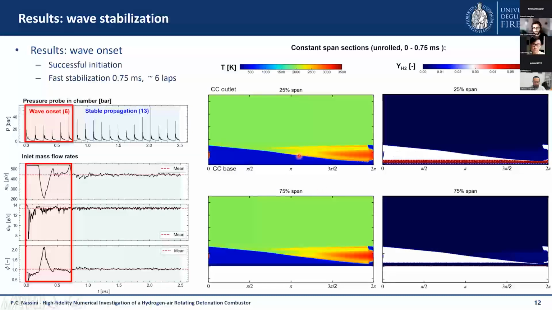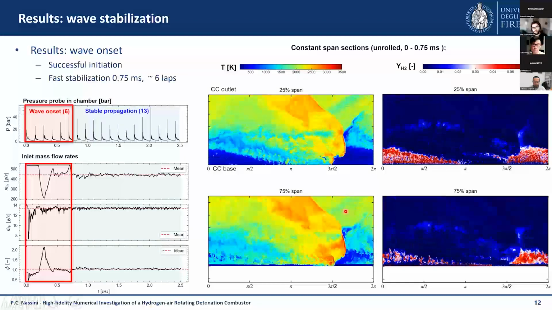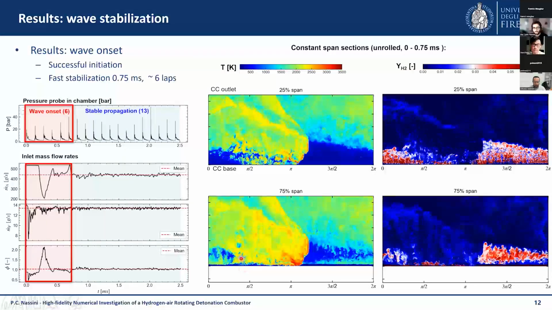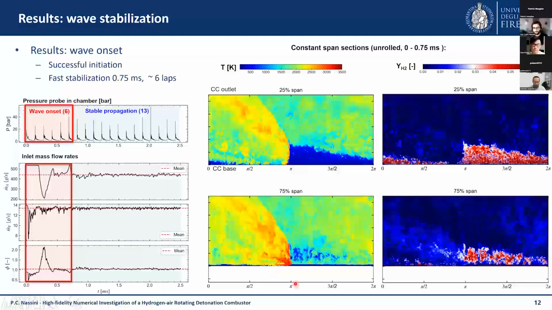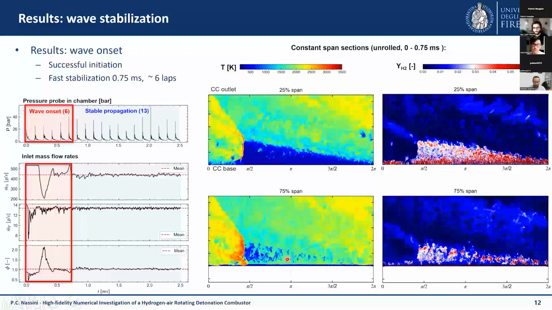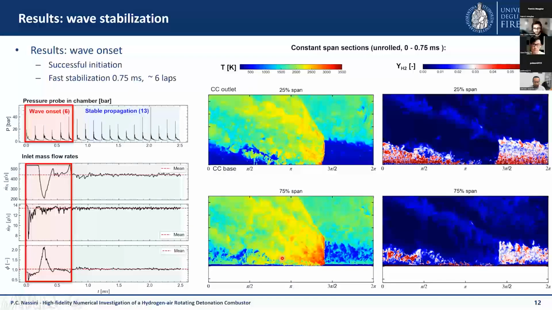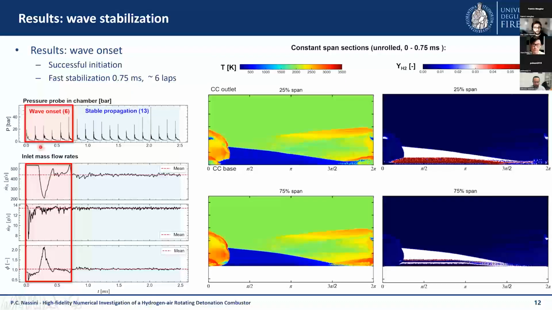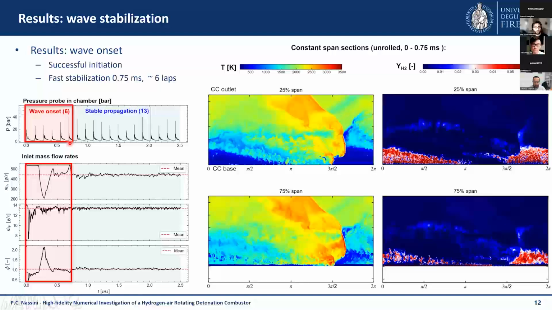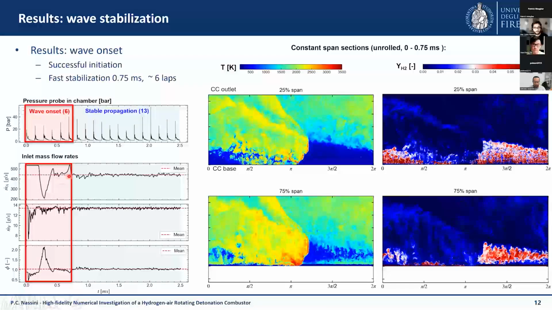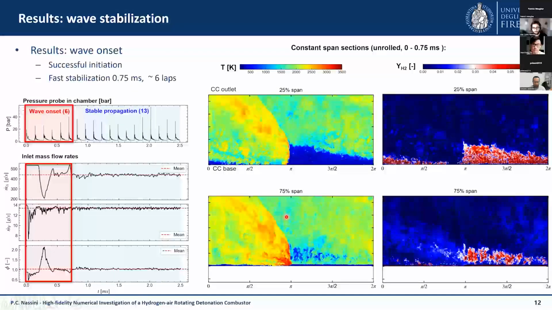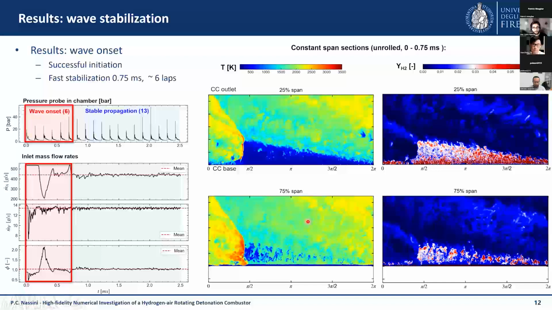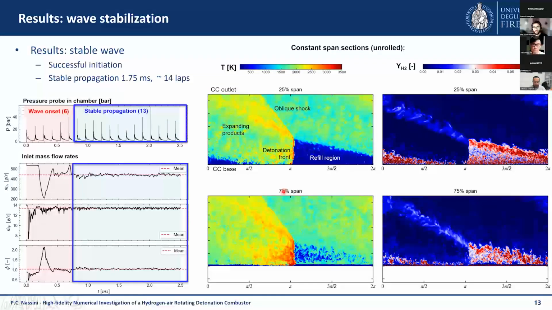Let's see what happens right after the initialization. Here you can see that, I would say, right after 1 or 2 revolutions of the combustion wave, we have really fast stabilization of the combustion process. And from the diagrams on the left, you can see that only after 6 revolutions of the wave, the inlet mass flow rate has stabilized, and so the combustor assumes its, I would say, stable propagation,